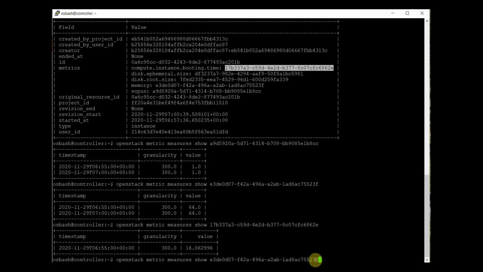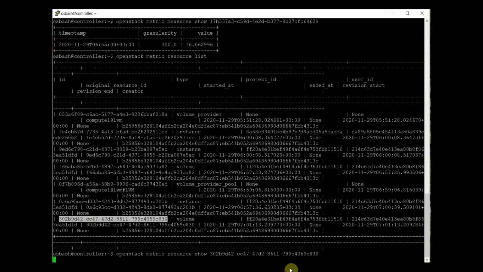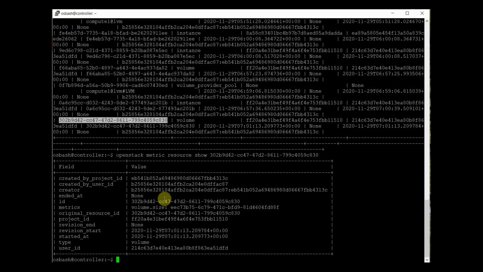Now let's look at the details of the volume. All right, now I want to see the resource show, the metrics about the volume. So this is our volume. Now I'll use metric resource show with the volume details. It will get me the volume details.